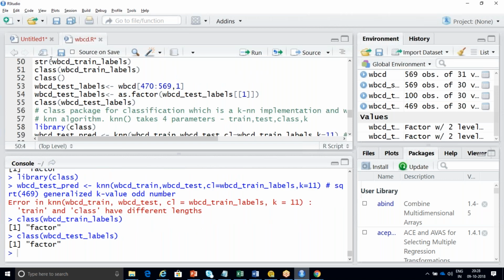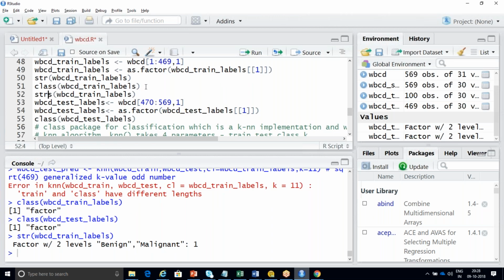It is also correct. Benign and malignant, factor with two levels, both are the same. But train_